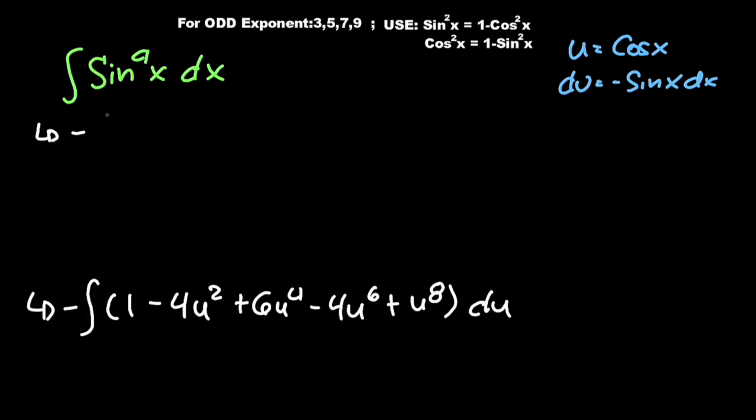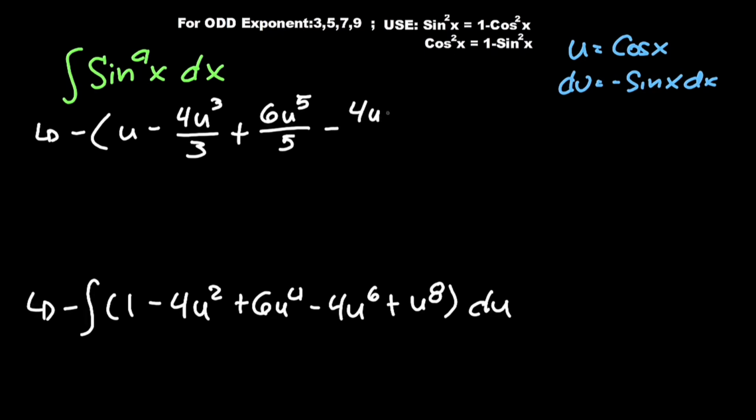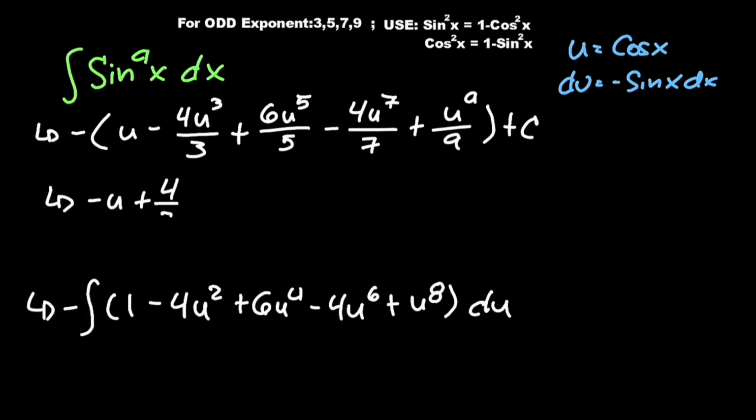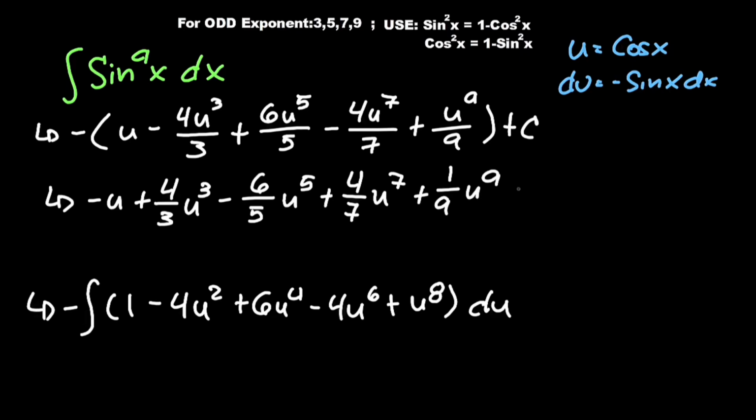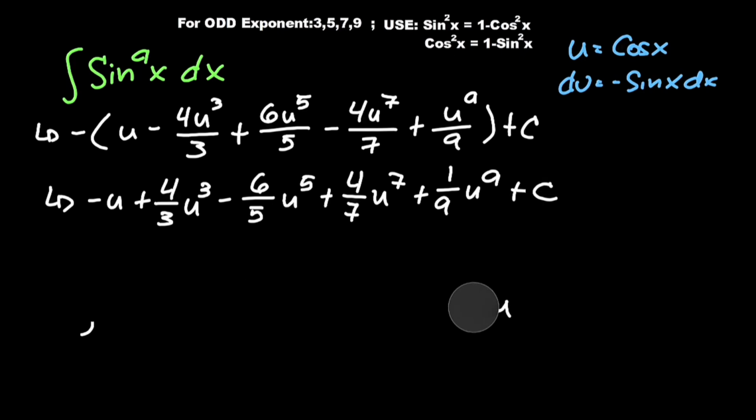So, integrating this, we would have u minus 4u to the power of 3 over 3 plus 6u to the power of 5 over 5 minus 4u to the power of 7 over 7 plus u to the power of 9 over 9 plus c. Distributing the negative sign,